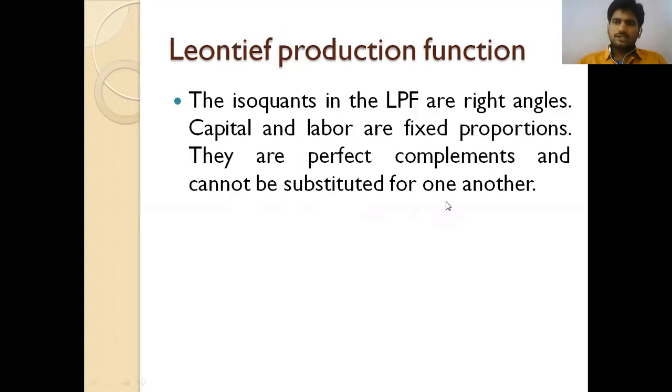For example, in a particular organization, we have various departments. In one department, this is the capital, and these are the laborers we need to work on it. We cannot use the same fixed proportion of labor for the other department also. It is fixed for one particular place. The fixing is nothing but it is fixed for one particular place: this many laborers are needed, this much capital is needed. In a similar way, it is not going to be the same for all other places. It differs from one place to another.